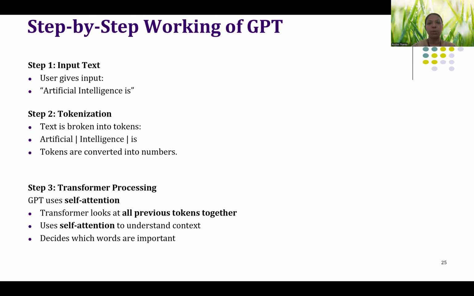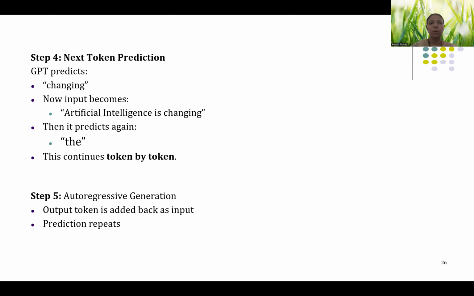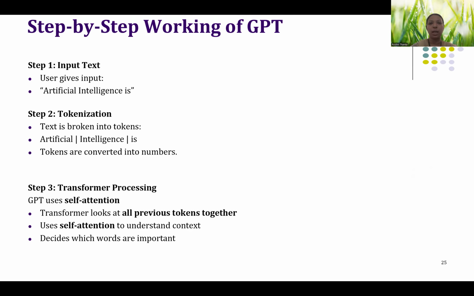The basic specialty of the transformer model is using self-attention. Self-attention means it will look at all the previous tokens together so that it can understand the context very well. Since it understands the context very well using the self-attention mechanism, it is able to give the right word. So it will decide what will be the next word. That is how it works. The next token is predicted. It can understand which other words are important and what is the relationship between other words. Once it understands the context very well, it is able to predict the next token.